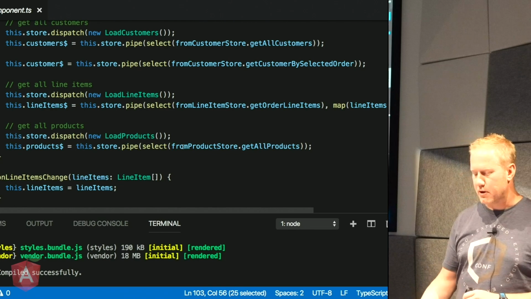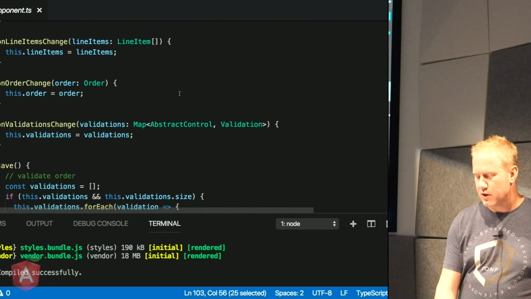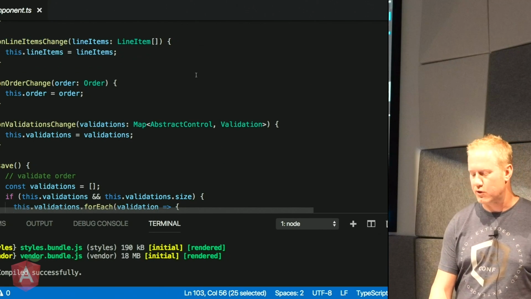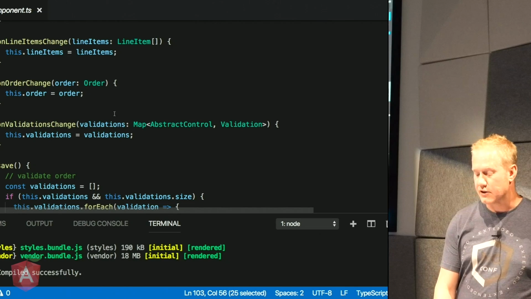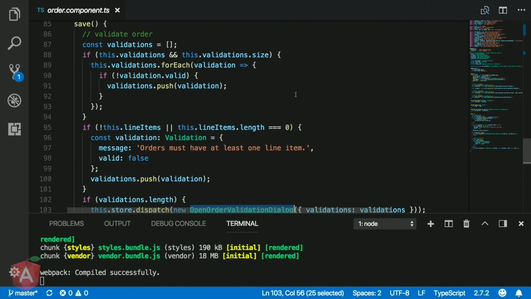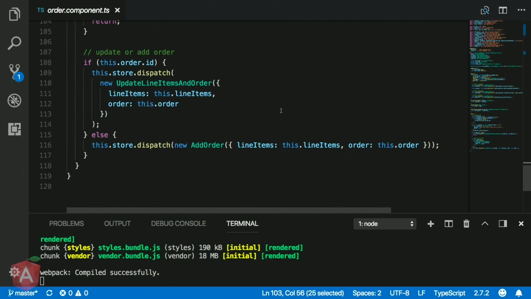So in our case, we're loading a bunch of different data and just getting all of it and bringing it back. The things you see here are that we're watching for line items change, the order change, and the validation change. Also here, we've got our save. It's a little bit more complicated. We're checking all of our validation, making sure that we're valid, and then displaying a message that order must have at least one line item if it's not. Otherwise,